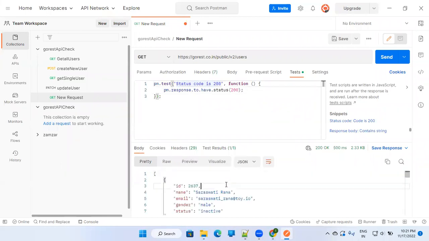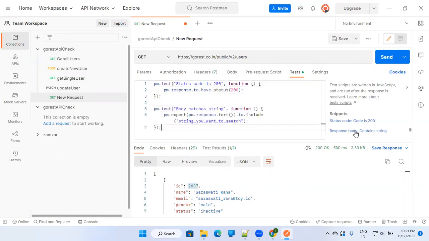Let's say I want to check whether this 2637 ID is present or not, right? So what I can do is, there are other ways also. I can select this, response body should contain, let's say I am saying that response body should contain 2637, right? So here the whole code snippet is coming. You don't have to do anything. You just have to